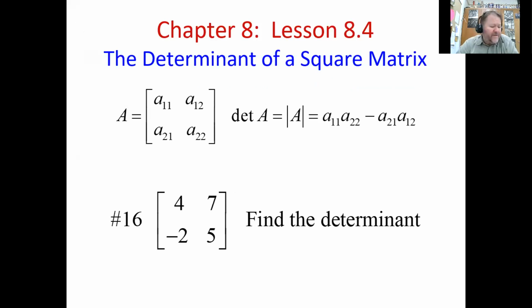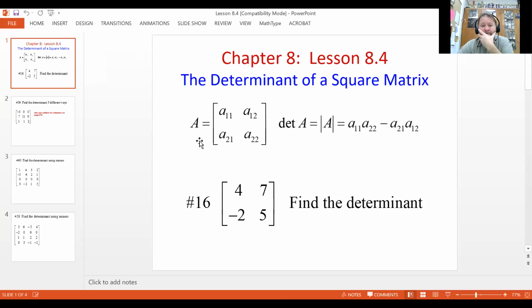Okay, so this is the lesson for 7.4, which is finding the determinant of a matrix. Let's talk about notation first. I'm going to go to this other view here, because then I can see my cursor and it's easier. I think you can too. It's real jumpy, the video on my end. Anyway,